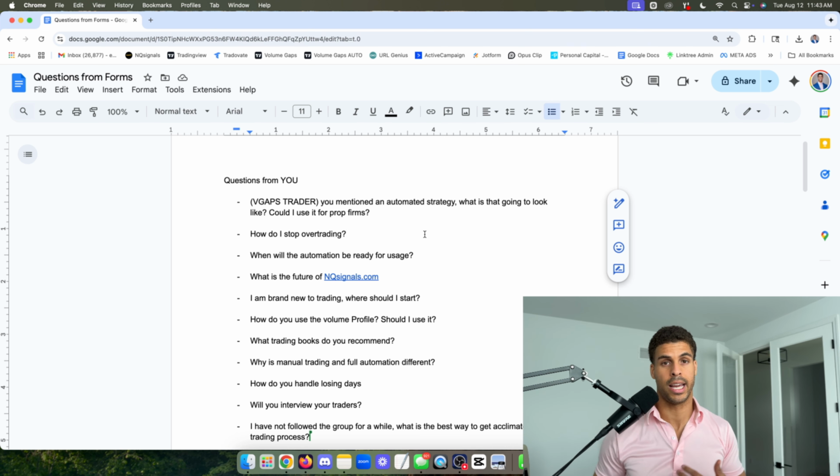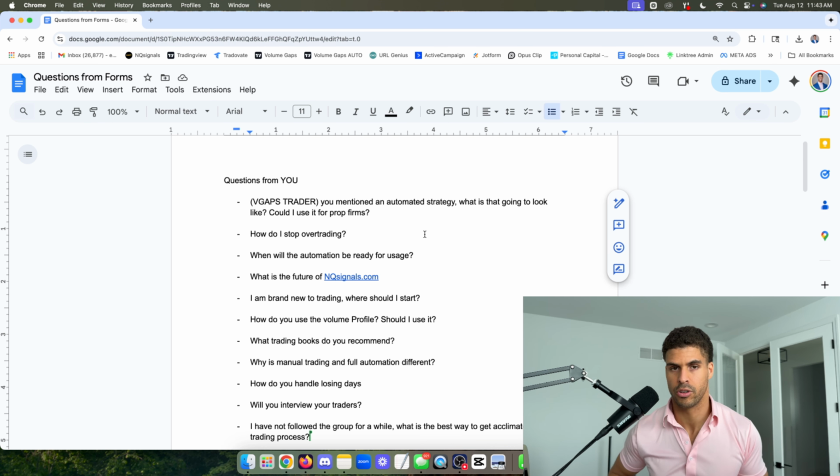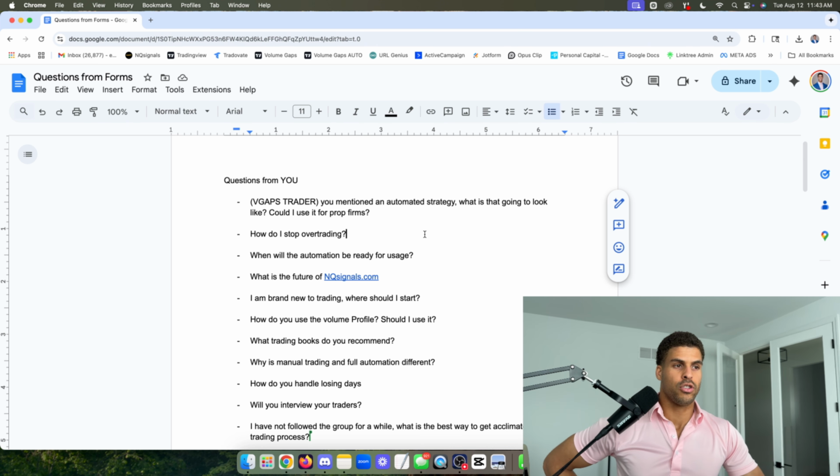That account's basically at a zero P&L, and so I can then restart fresh. A lot of times overtrading occurs when you're down or you're trying to get to your profit goal. So if you're down, just jump to a new account, start fresh, and then you can go back to the basic fundamentals of your strategy. If you're trying to get to a profit goal, I would tell you that's a stupid thing to do.